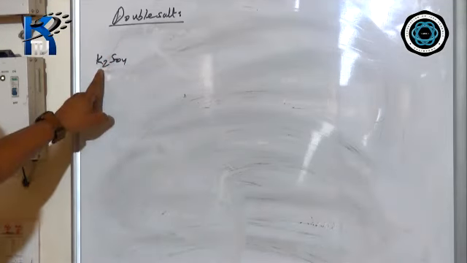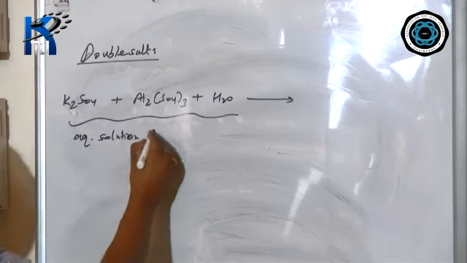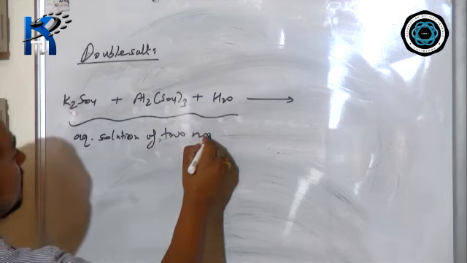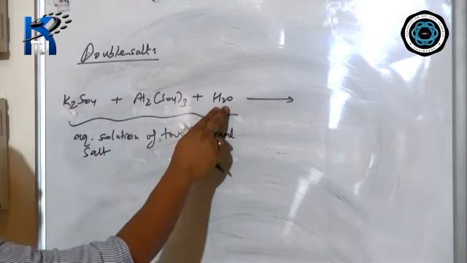Again I am taking another one, that is aluminium sulfate. As you see, at the end is sulfate, that means it has come from sulfuric acid, and in this case the 2 hydrogen have been replaced by 2 metal aluminum here, and why 2 and 3 is coming is because of valency. So this is also a normal salt of sulfuric acid, and I am reacting with water. Collectively we call this an aqueous solution. Why aqueous solution? Because of the presence of water. We call it an aqueous solution of 2 normal salts.